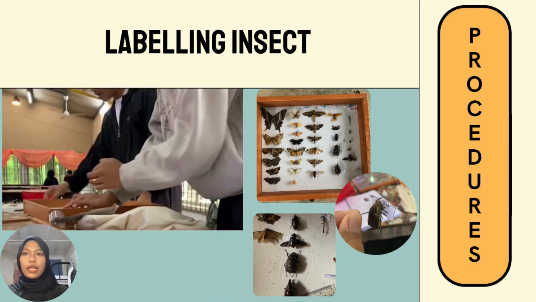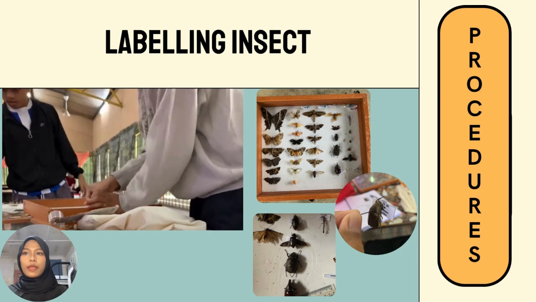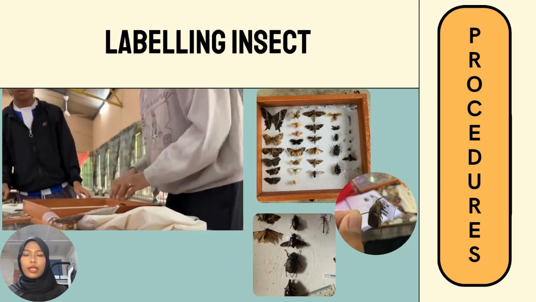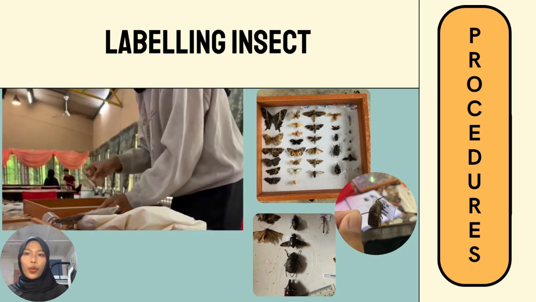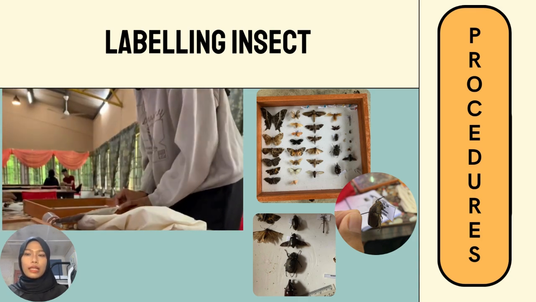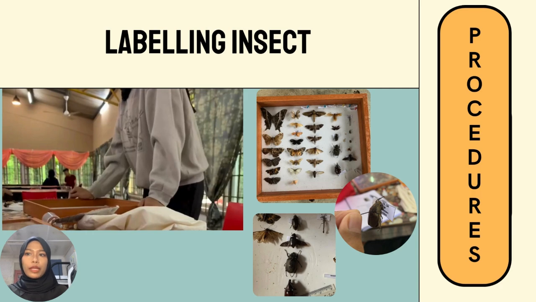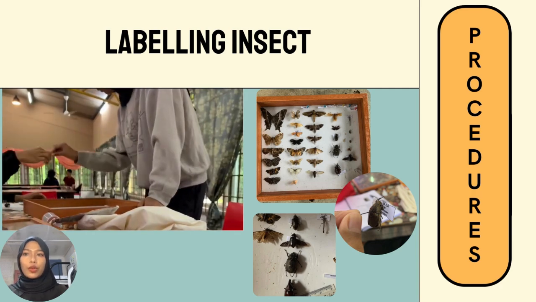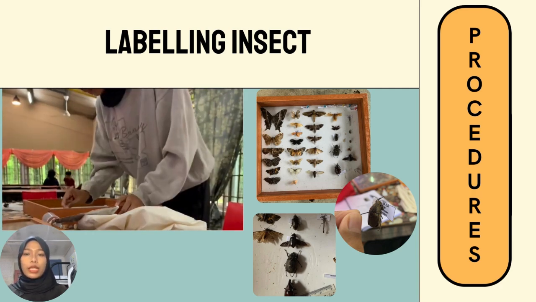Each insect has its own category, therefore it must be labeled according to the correct category so that the information that we want to convey about the insect is clear to others who see the insect that we exhibit. After completing labeling, the insect will be put into the display box for the purpose of preserving and maintaining